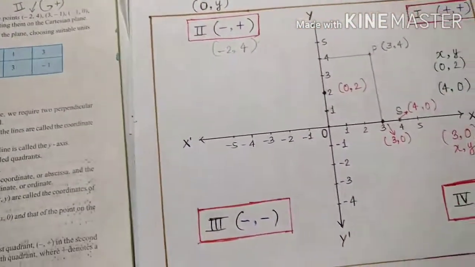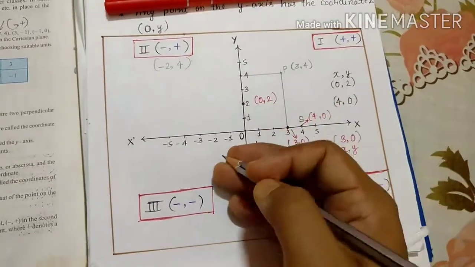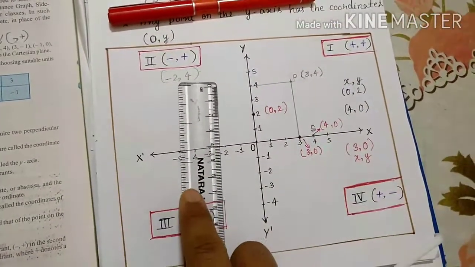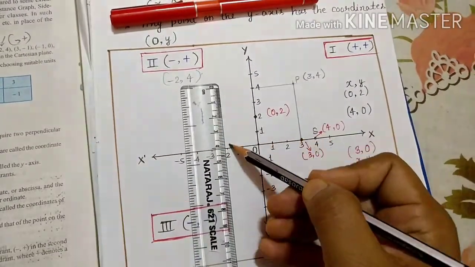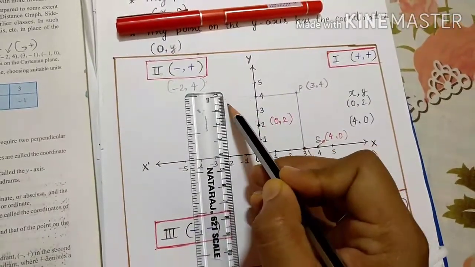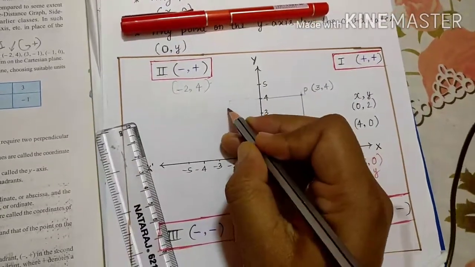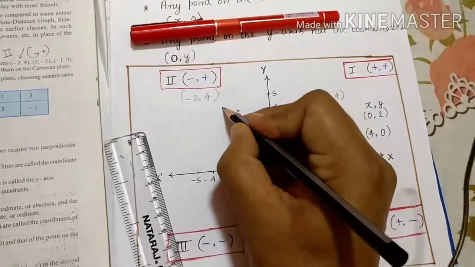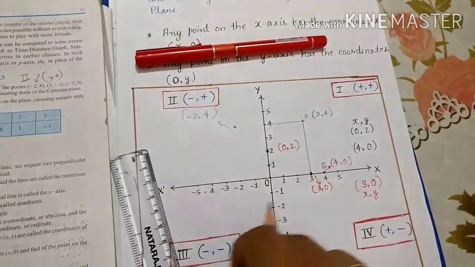So you should have graph paper. You will purchase graph paper and do it in your homework. How will you locate them? With the help of perpendicular lines. Minus 2, so where is minus 2? It is here, this one. So you put a line from here. And then comma 4, so 4 is this one, and you put a line in this way also, a straight line. Here you can locate this point. At this point, this is minus 2 comma 4. We will use a scale on the Cartesian plane on graph paper.